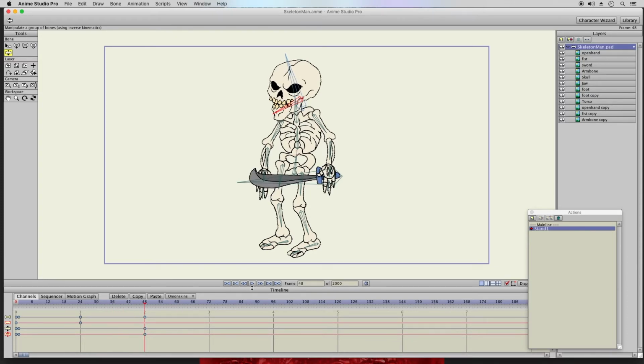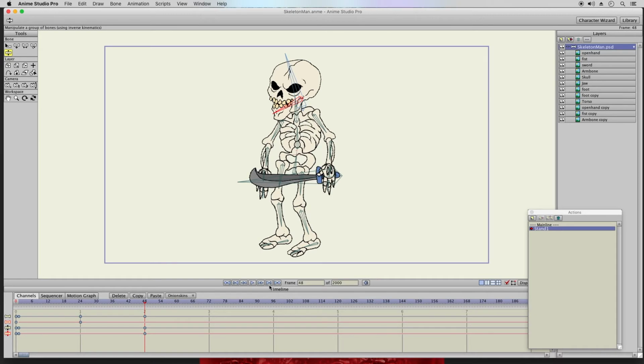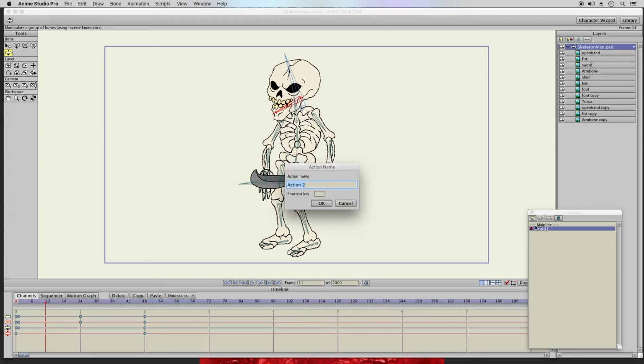And you can press play if you want. See, this sword is moving. Well, I guess that's okay. I think that works. He's just standing around, so I don't have to worry too much. Alright, so now that I have the stand,